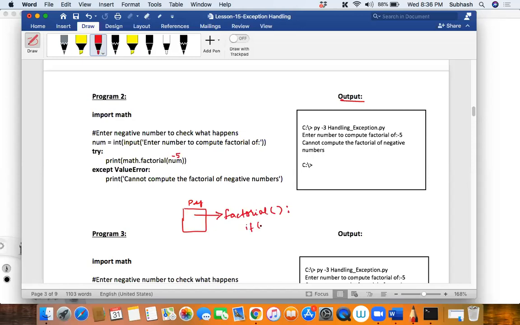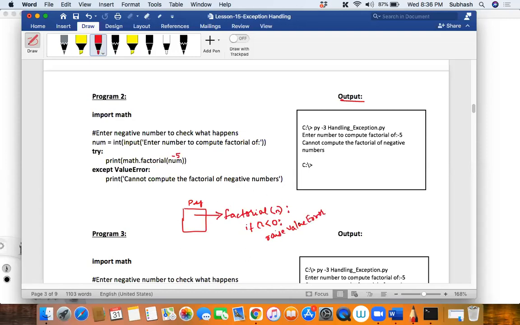It saw that if n is less than 0 or something like this. I'm not sure what code they have written, but I'm just trying to guess. So they would have written something like: if the value entered, n, is less than 0, then raise value error. It means it is throwing a value error.